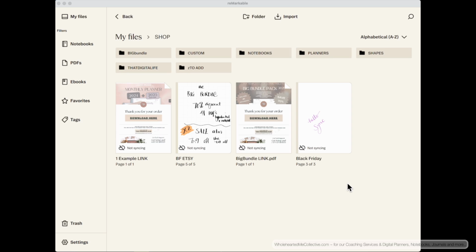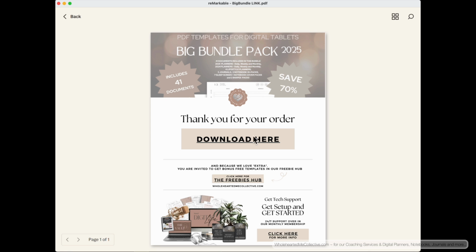Desktop app for reMarkable, and you can see that I've got the document I was just showing you. Now look, you see how my cursor is an arrow. When I go over the link, so I normally put the link here on the picture, I put the link here on the download here. If you want my freebies hub, you can go here to a link, and down the bottom you can also get more information about other things I do on this picture down here. Now you can see how it changes to a hand from an arrow. Hand, arrow, hand, arrow. Arrow over here, hand here. And if I click on that,